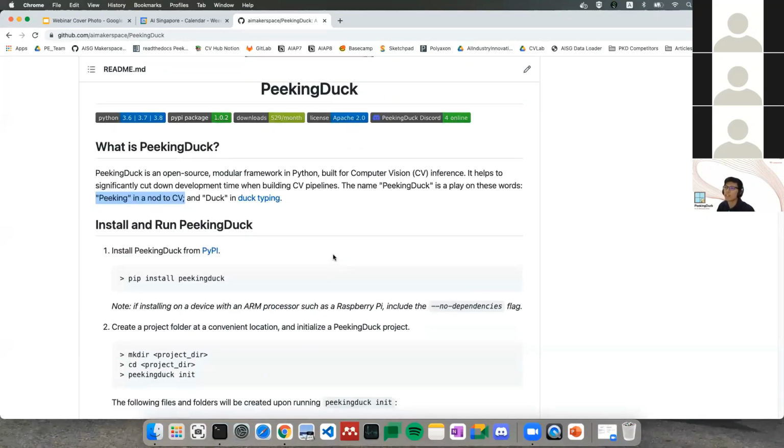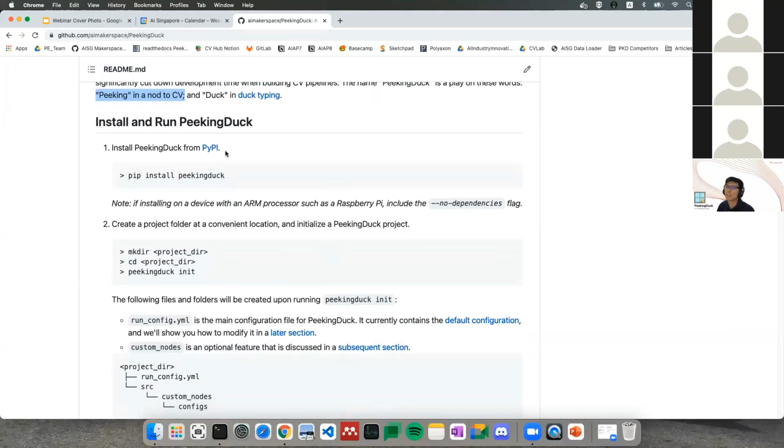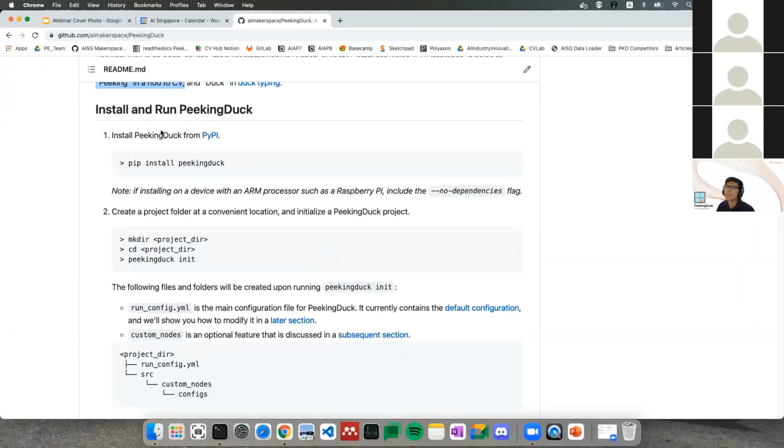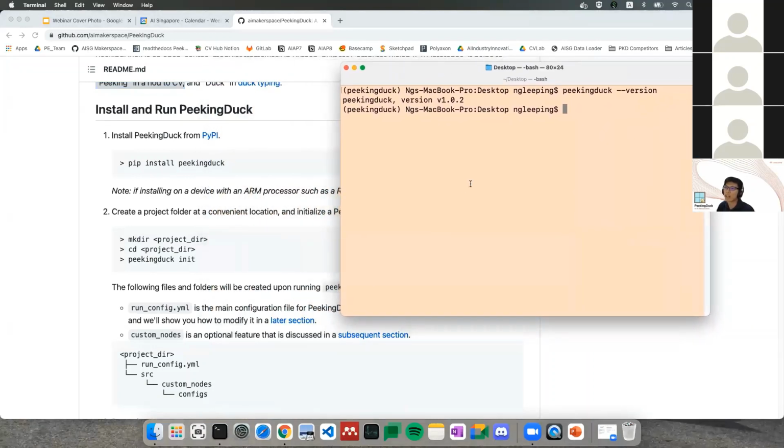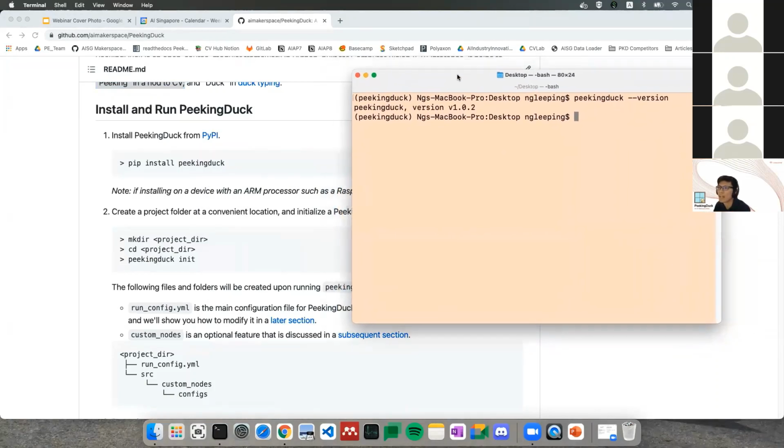And without further ado, let's go straight into the first demonstration. So you can see right here that the first step, you have to install PeekingDuck just by pip installing PeekingDuck. And I think those of you who are familiar with Conda or Python environments are encouraged to create one before you install. And I have already installed it, so I'll skip that step and I'll move to the next step,